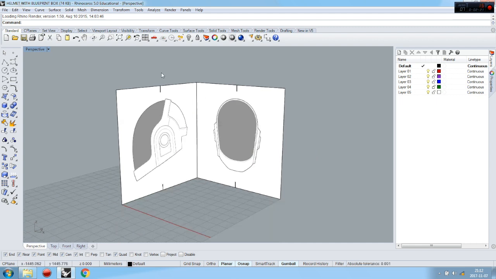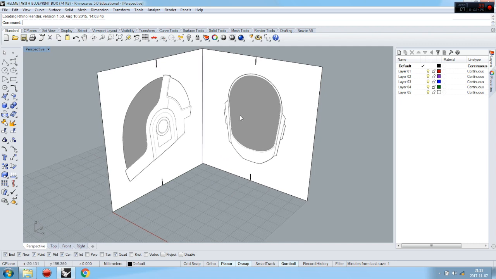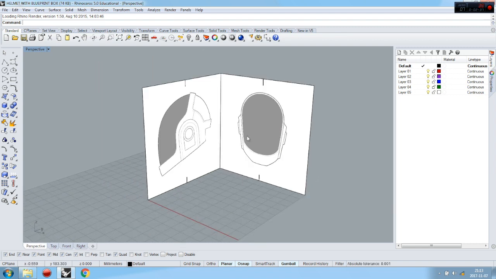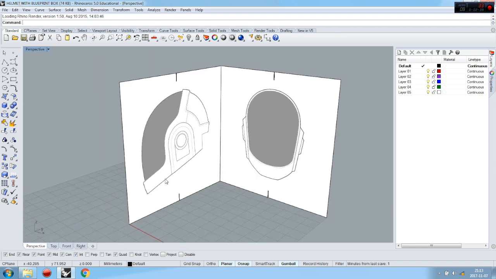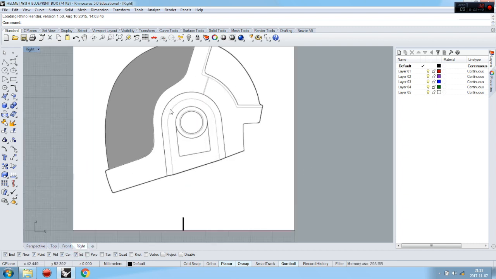Basically all I need to do right now is create some profiles using curve tools, and on the profiles I will extend the surfaces, and then cut a little bit to provide some shapes. Okay, I will set myself to the right view. First I'll create that earring part. I'll create a circle here,